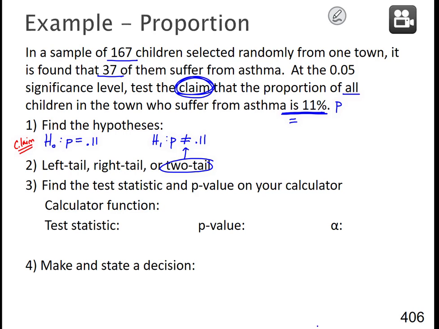Step 3, find the test statistic and p-value on your calculator. And remember, we have 3 options. So which calculator function are we using? Well, this one's nice and easy because if it's a p, it's 1 prop. If it's a mean, you'll have to decide between z or t, but for proportion, there's no decision. It's 1 prop. And so now we go to our calculator